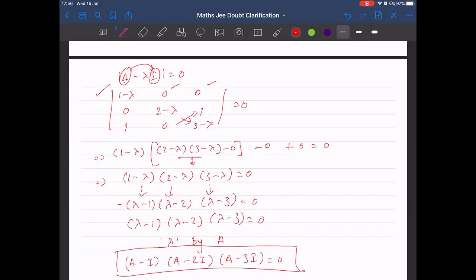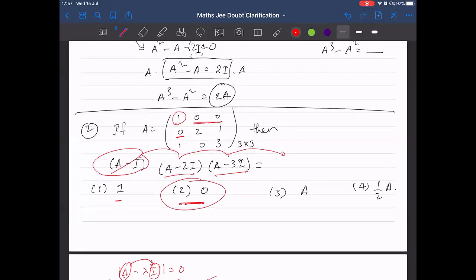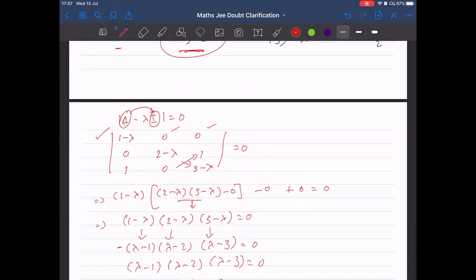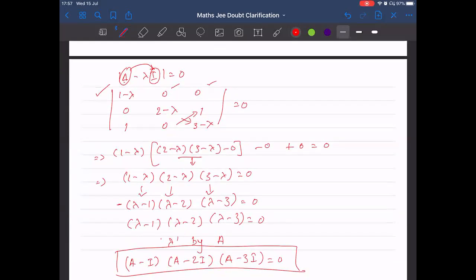So with the characteristic equation, it is very fast to find the values of higher order determinants. For a 2 by 2 matrix, I think you can directly go with subtracting and multiplying, but with a 3 by 3 matrix, the characteristic equation plays a very important role, saving so much time. So I think you got it. Let us see another question in this way, and then we'll go to the next concept. Is it clear?